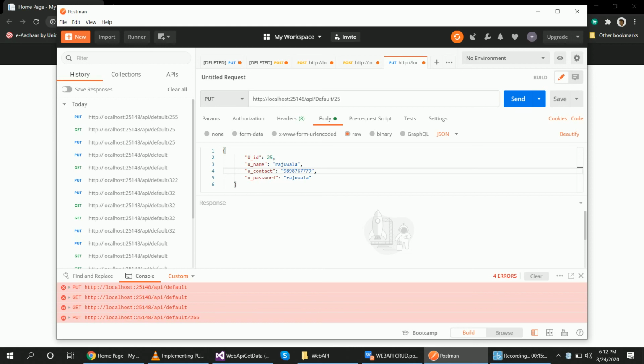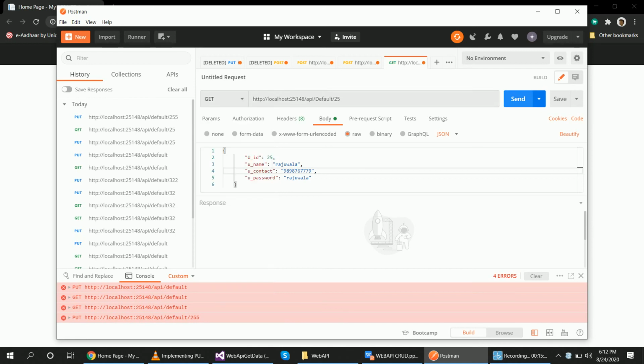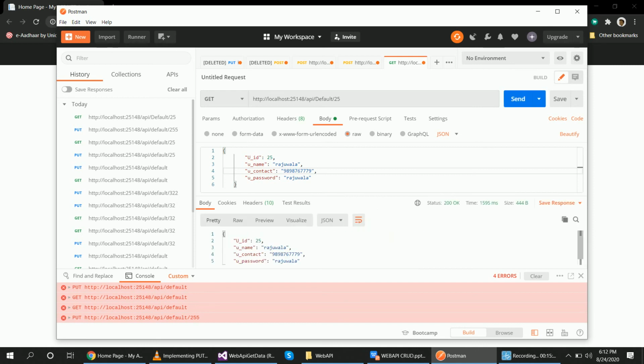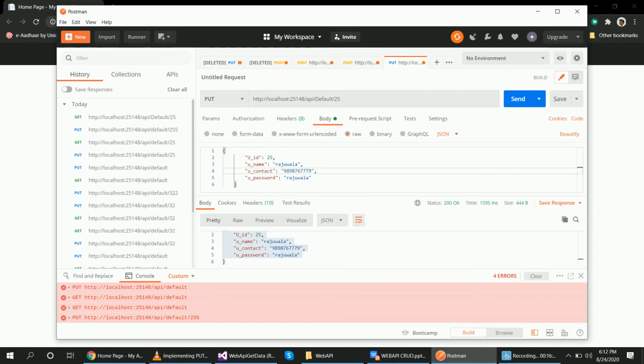So first I will get the 25 number record, copy this code in JSON format, and select PUT to update the record 25 number, and inside the body with JSON method, copy here.